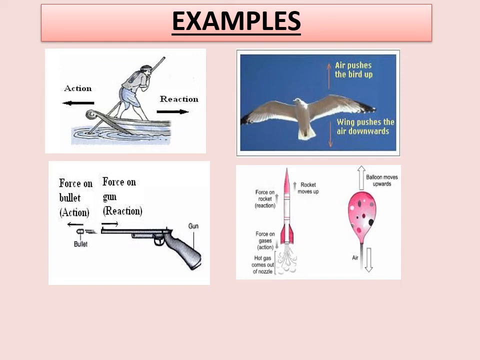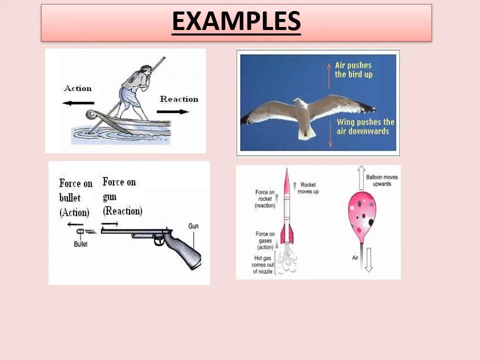The distance moved by the gun is small because the gun is much heavier than the bullet. This part I told already: depending upon the mass, the body accelerates. Here the mass of the bullet is small compared to the gun. So the bullet's velocity will be more due to its acceleration, but the velocity of the gun will be less due to its acceleration. This point also you have to remember. This is a special case called recoil of a gun.